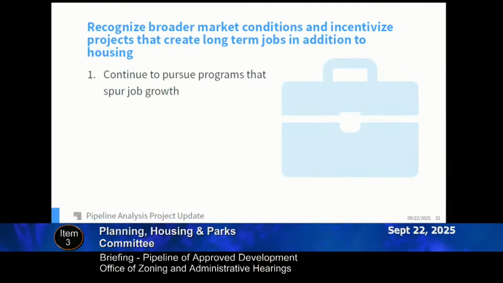The county and the council, including the Jobs Initiative and the Econ Committee, have pursued a lot of programs that help spur job growth, but we're considering broader zoning policies like allowing additional and smaller projects that include high-paying job creating uses. These could be incentivized through density bonuses, expedited reviews, and reduced payments similar to the signature business headquarters review process.